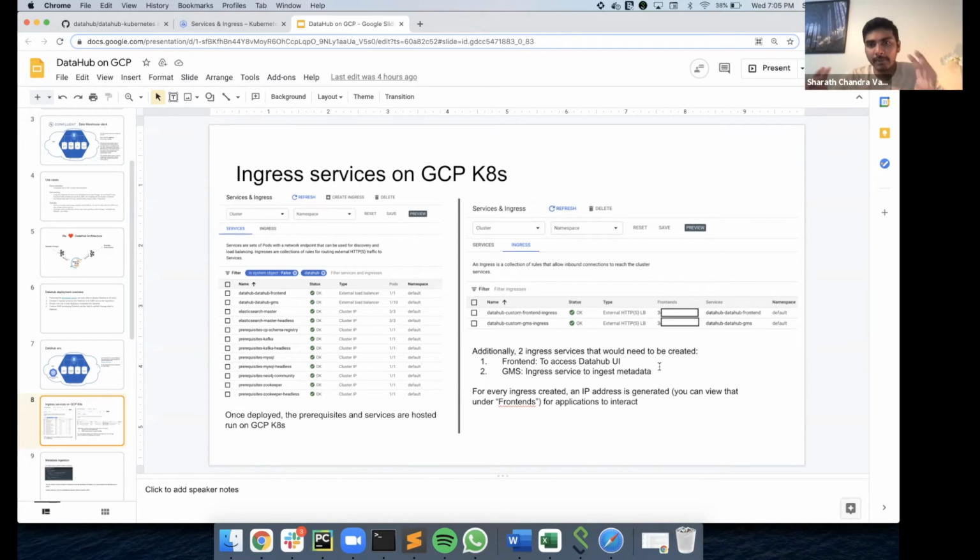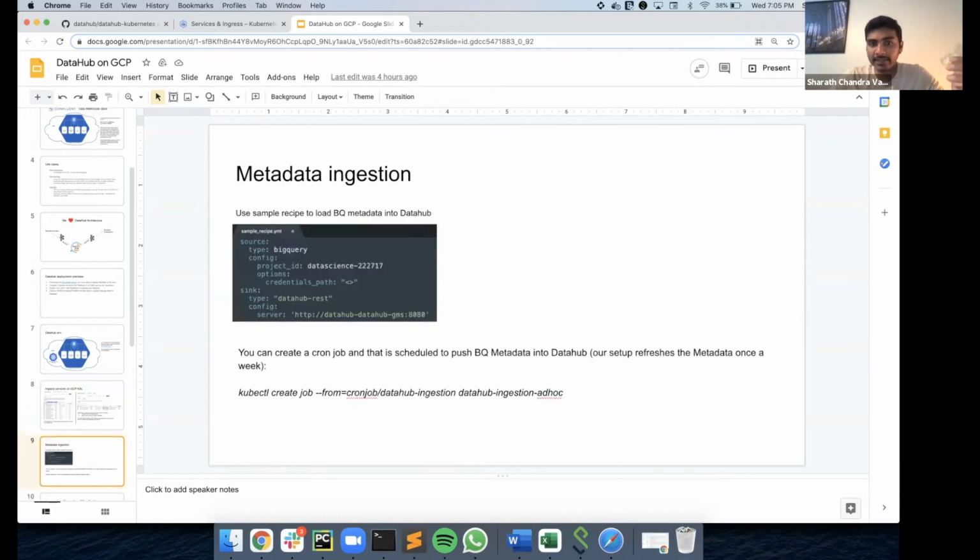So going back, we deployed our Kubernetes using Helm charts into GCP. We created two ingress services, which is again just two clicks away. The next step is to run a simple tiny cron job that will push all of the metadata into BigQuery, and this cron job could be scheduled however often you feel your database is refreshed.